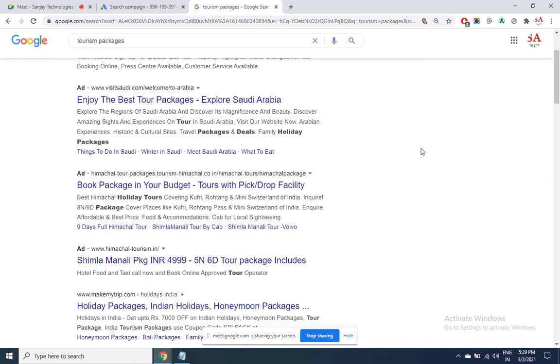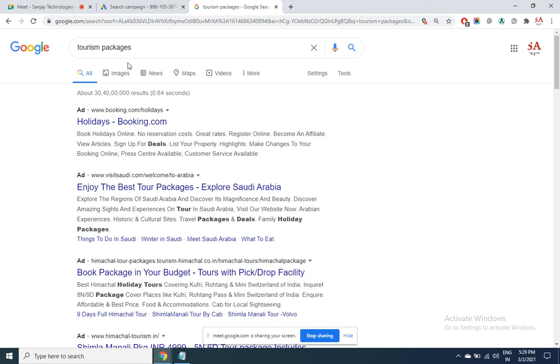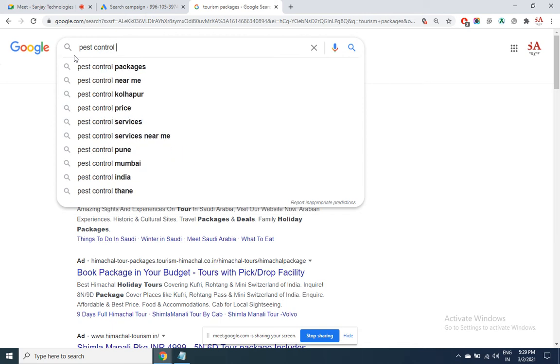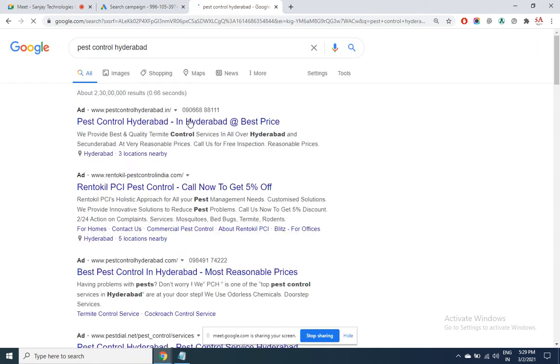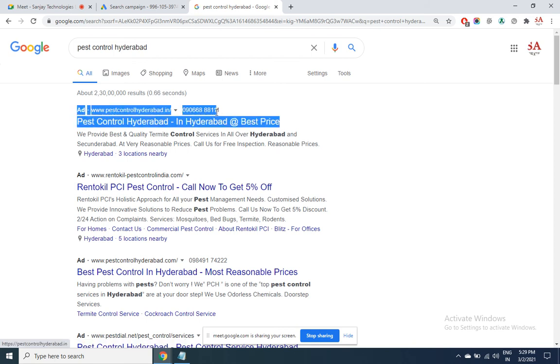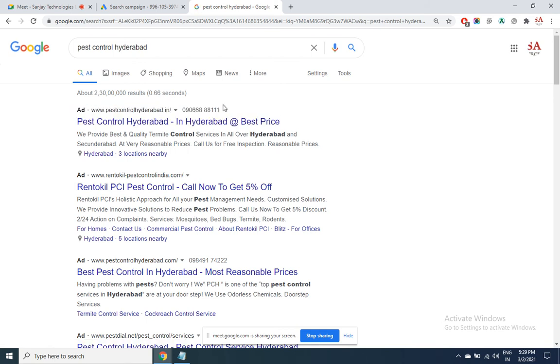We don't have it for any of the ads. Okay, here we are. So the mobile number that you see here is a call extension.